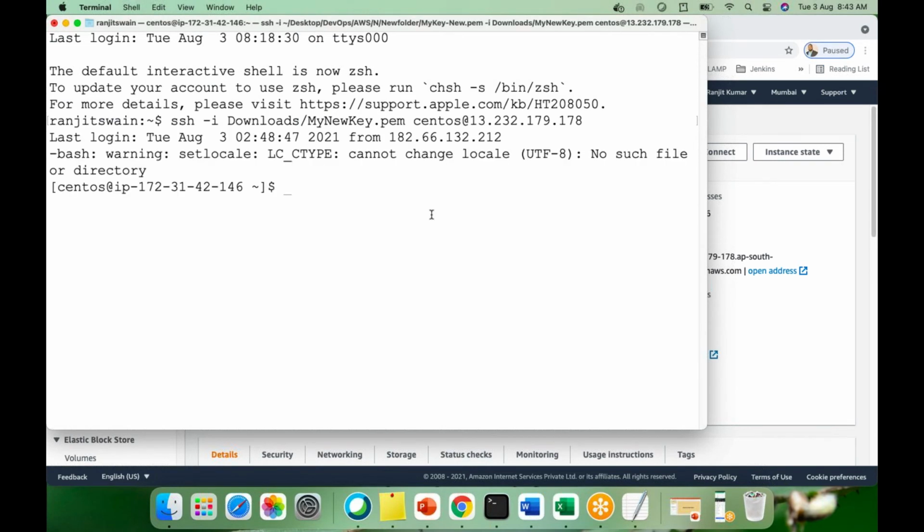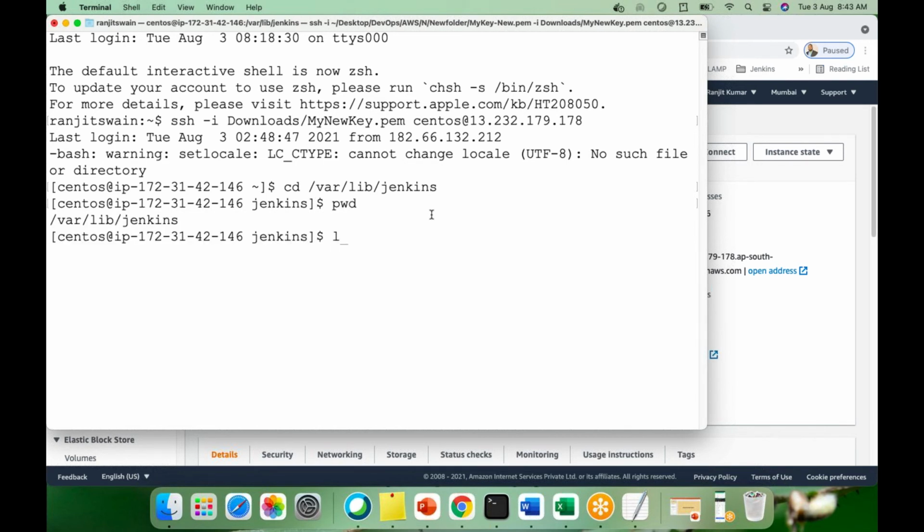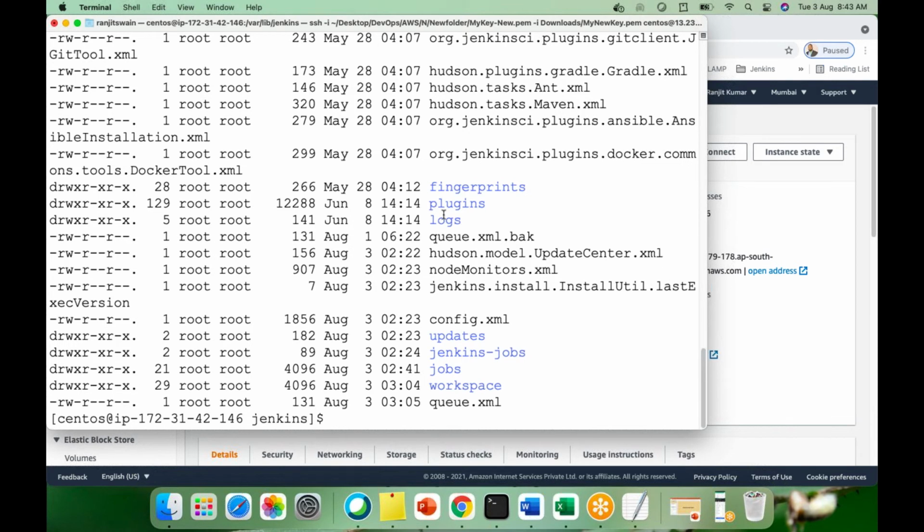Okay, so if I go to cd /var/lib/jenkins, this is the Jenkins home directory of this server. And in this directory, you'll find your workspace. There will be one workspace folder. Remember that there will be questions. So you have to go to this